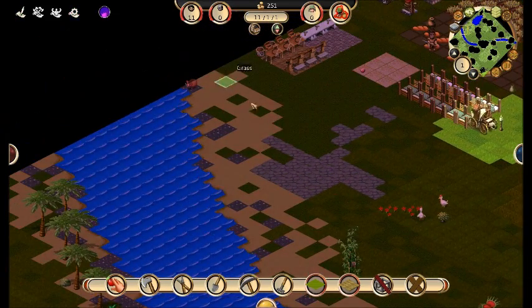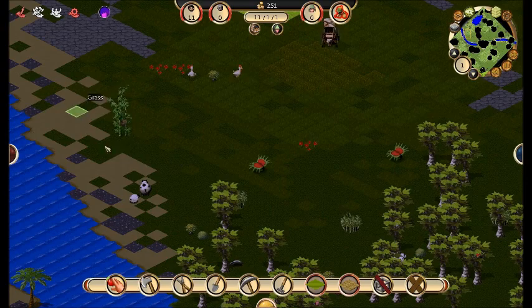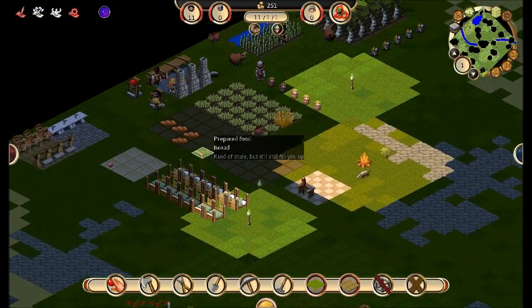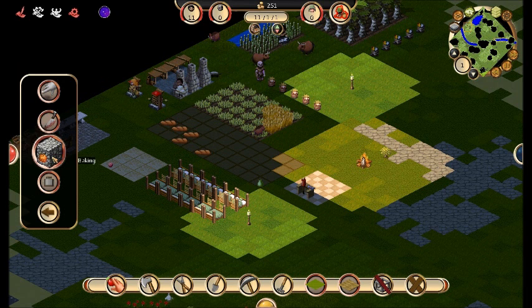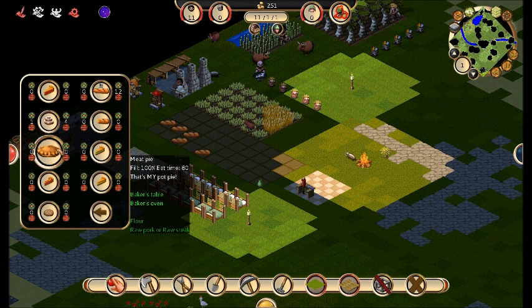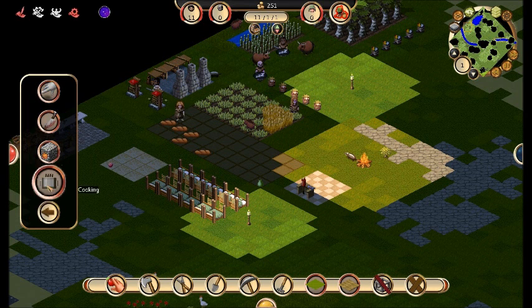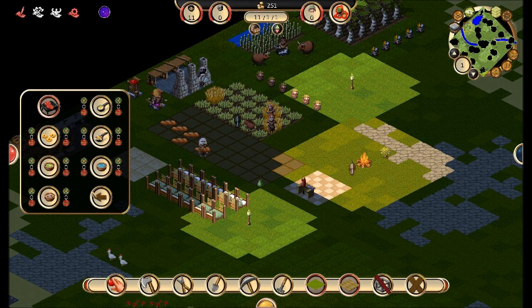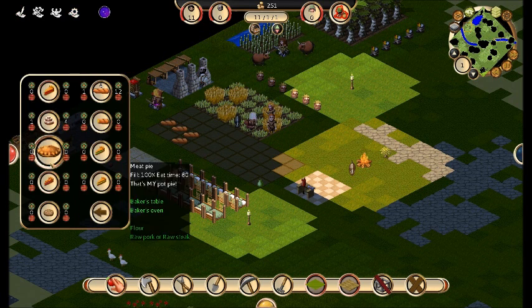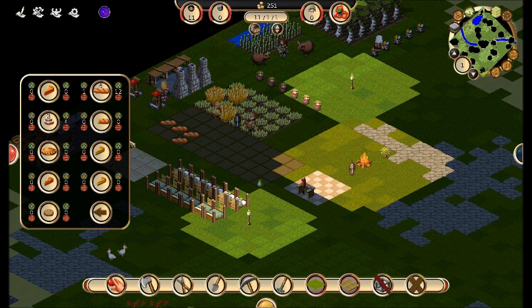And then I suppose we can probably just plant it in this sand here. Let's see. Food, I think that... No. Cactus soup, that's what it is. A bucket of water or milk to make it. And it looks like a pretty good fill. 100% fill. How much does bread fill? Bread fills 75%. So...